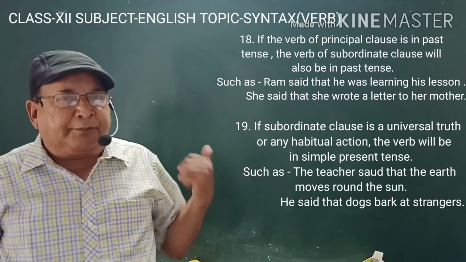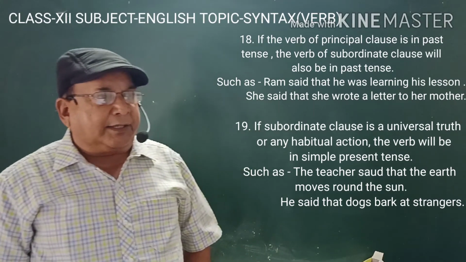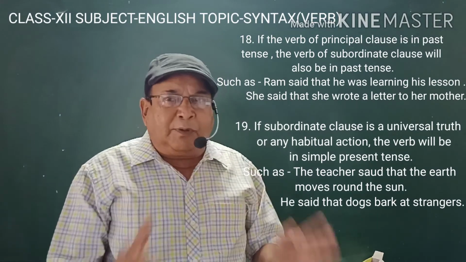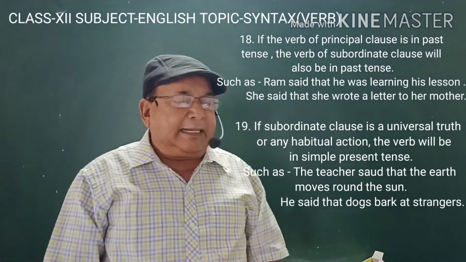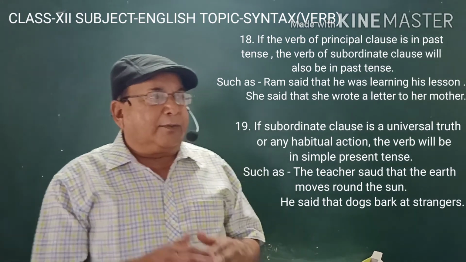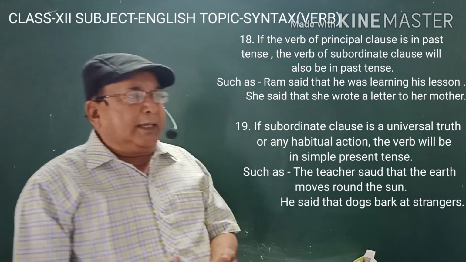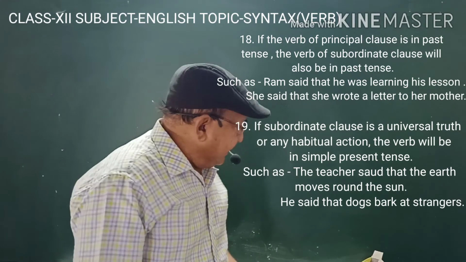Another point, if the subordinate clause is a universal truth or any habitual action, the verb will be in simple present. In a universal truth clause, tenses will not be changed. For example, the teacher said that the earth moves around the sun, which is a universal truth. And another example, he said that dogs bark at a stranger. This is the habitual